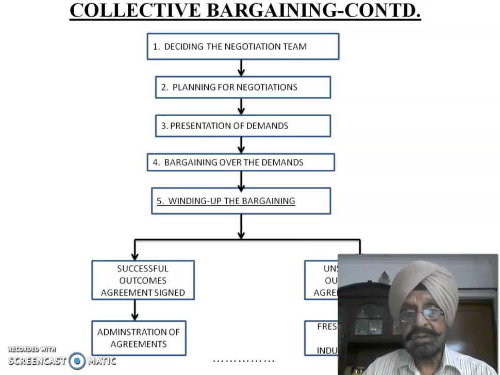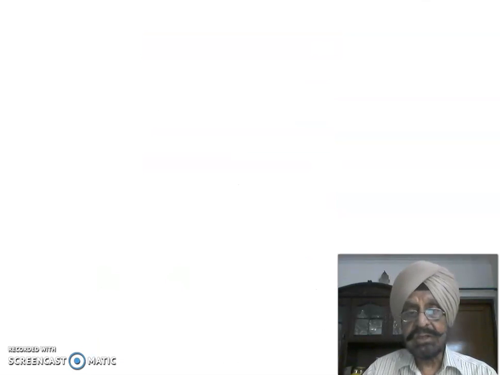First, deciding on the negotiating team, planning for the negotiation, presentation of demands, bargaining over demands, winding up the bargaining, then successful or unsuccessful. If successful, the agreement is signed and administration of the agreements is done. If it is unsuccessful, then either further negotiations are required or some dispute may take place. Let's see the next one,